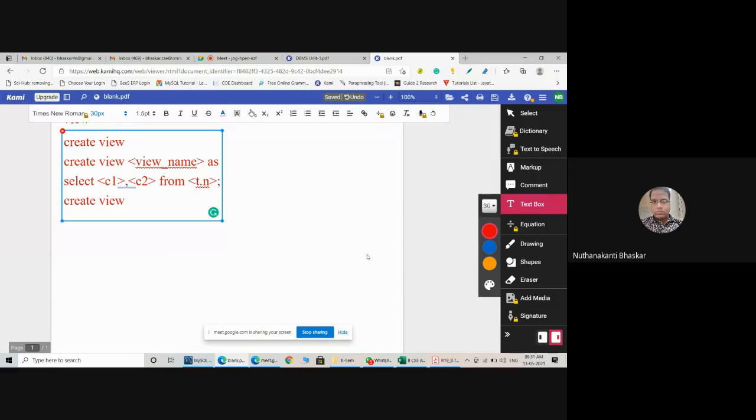Create view. The view name is G underscore students. You can keep any name, don't think it is compulsory to write an underscore. For simplification of the view name, I am taking G meaning girls, underscore students. Whatever name you want as a view name, you can write it. Are you following? Create view G_students as